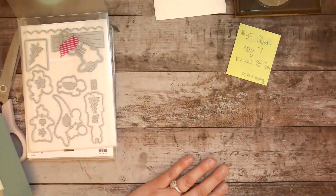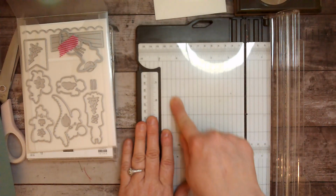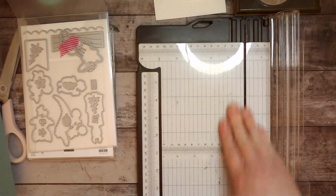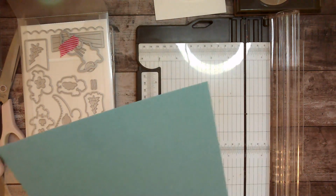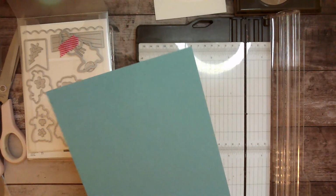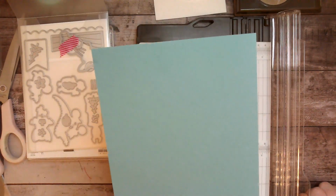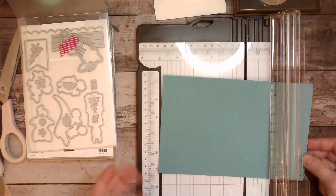All right, so let's get started and make a card. I was on a virtual little crop this weekend, and my upline did this fun fold card, which I've never tried making one. My paper trimmer is so dirty. So for our measurements today, we're going to use a standard card base. This is the Lost Lagoon color, and my card base is 5.5 by 8.5, and I'm going to score it at